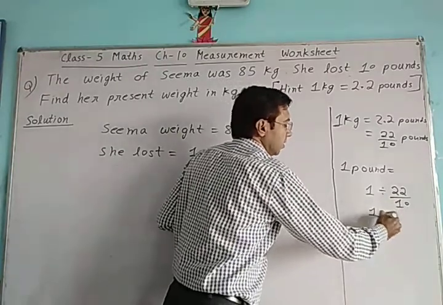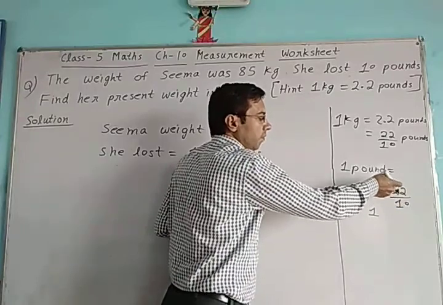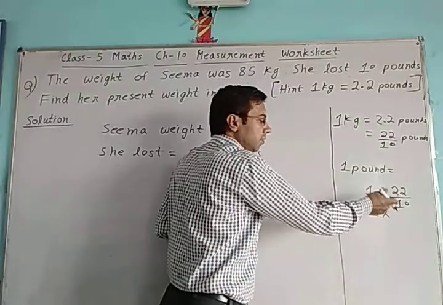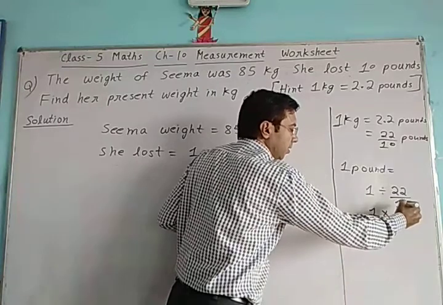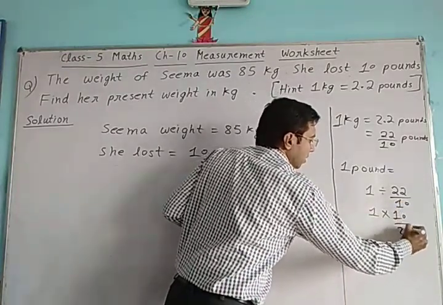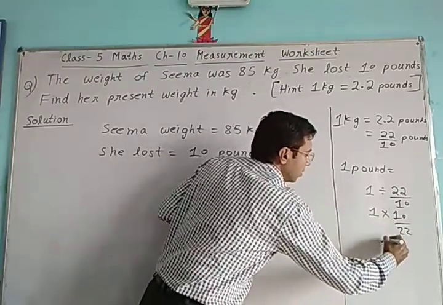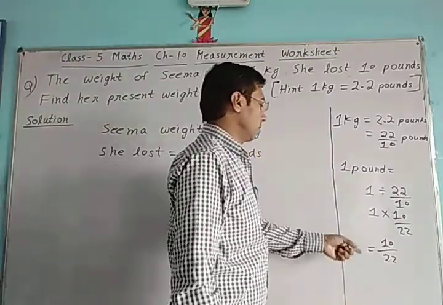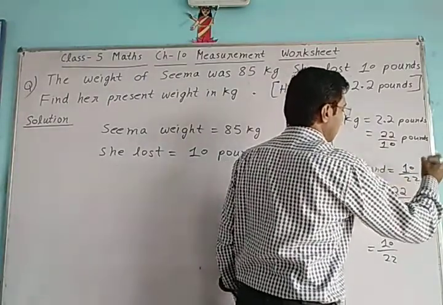Now when we divide a fraction, we change the division symbol into a multiplication symbol. As we change the division symbol into a multiplication symbol, we write the multiplicative inverse. I have explained this in previous videos. So 10 upon 22. So multiply 1 by 10 upon 22. So 1 pound is equal to 10 upon 22